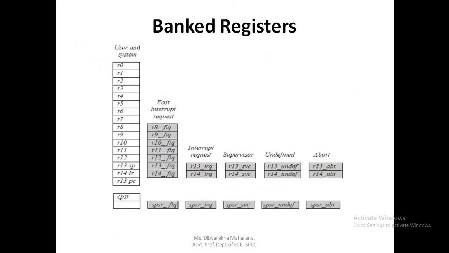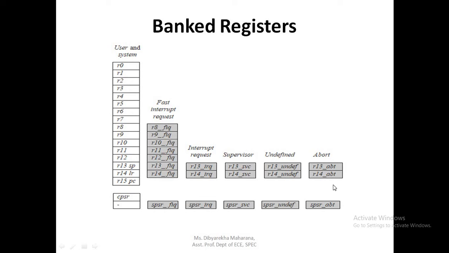Then come to banked registers. Here you can see that in different modes, different registers are used. Based on the mode, an underscore and that mode name is given: fast interrupt request, FIQ, the registers used in fast interrupt request mode, then interrupt request, IRQ, supervisor, SVC, undefined, UND, and abort, ABT.